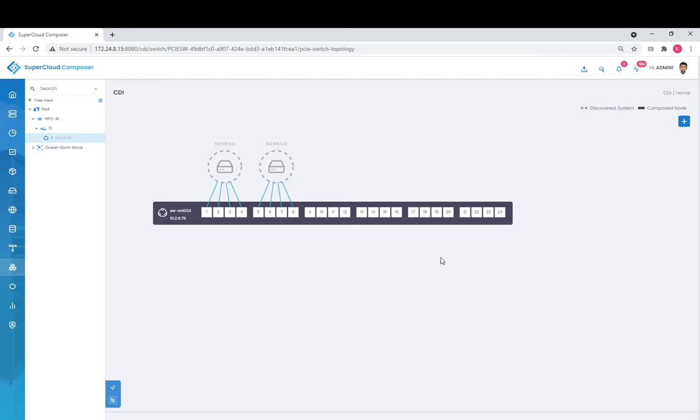So no topologies or configurations have been loaded on the switch, but the switch has the intelligence based on fabric services that's running on the switch, where we have now discovered two particular hosts that have been connected to the PCIe switch fabric based on a 4x4 bifurcation of lanes,